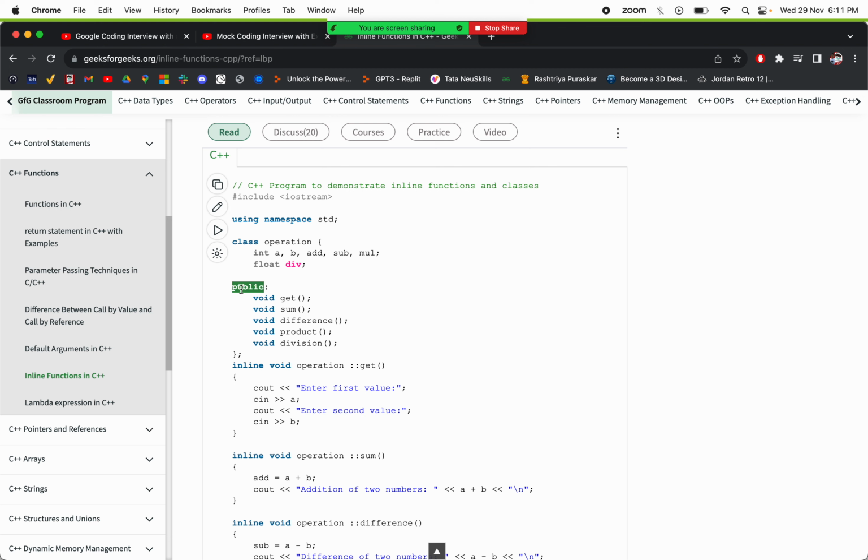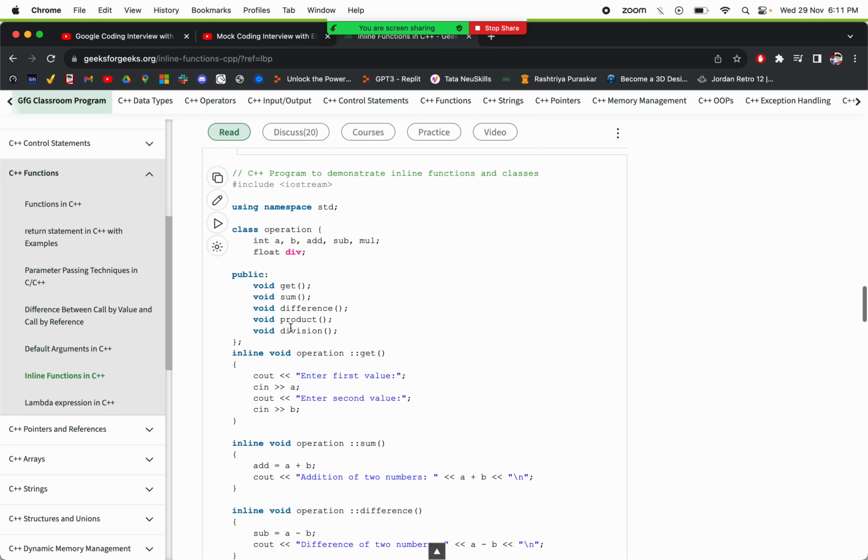Now next we have this public, we are creating some public functions, so we are just giving the declaration over here, right? We are declaring get, sum, difference, product, and division. So we are declaring these functions, and outside of the class we can give them their body, right? So we are saying inline void operation get. To create an inline function we are giving inline, and void to mention that it won't return anything. Then we are specifying the operation class from which we are getting the get function